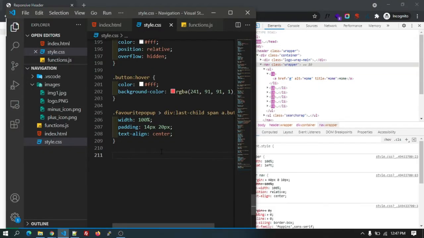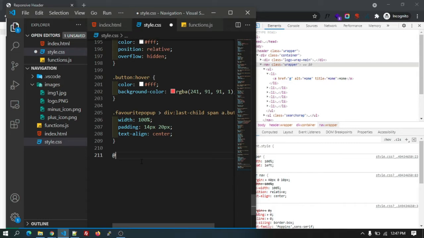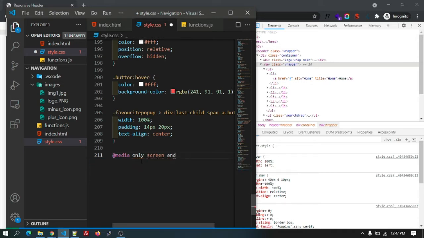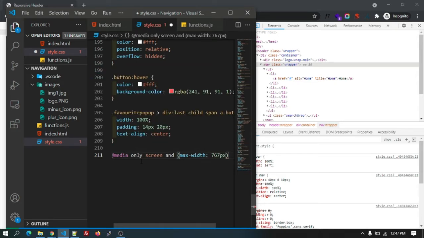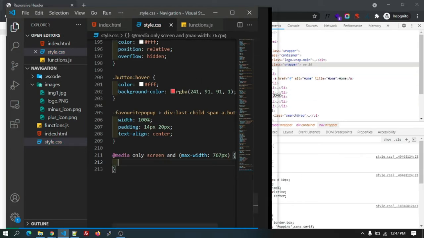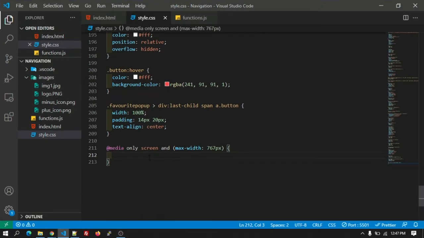For the mobile device, let's add the media query: @media only screen and max-width 767px. So we have added the media query for the mobile device.